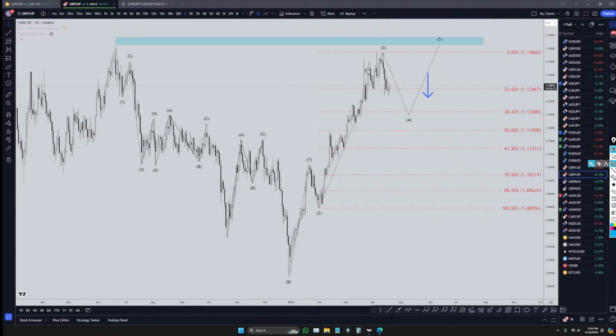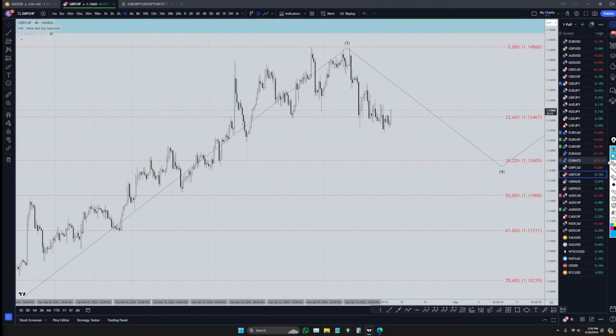I think we're in a wave 4 on the pound Swiss. I think it is likely it's going to go down again. So I am long on the Euro Swiss, which is a little different, but they're extremely correlated. I was wondering if it was an ABC correction already and it was just going to keep going up, which is why I took the long, because there is a chance it just keeps on going up. But there's probably a better chance that it's going to do this, which is probably going to be a wave B, a wave A, and then probably later on go back down for a wave C.